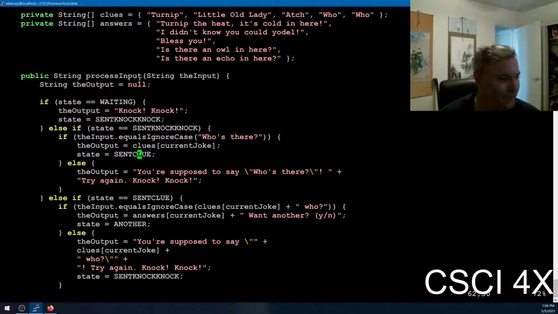Okay. So if they type in who's there, then it moves on to the next state. The next time they write something back, you've sent them turnip, and then it's checking to see, did they type in correctly turnip who? If you did, then it will give the answer. Turn up the heat, it's cold in here. Do you want another? If you don't, then it prompts you to